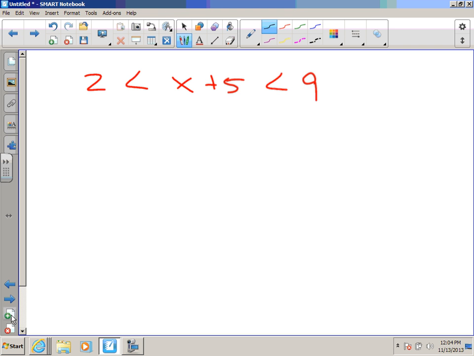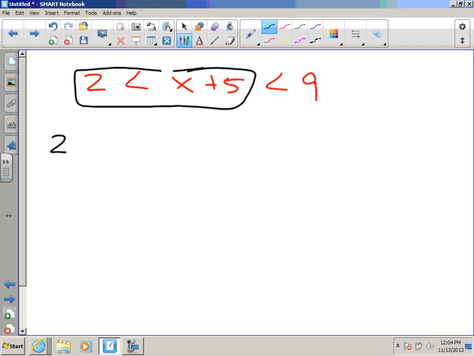Now, what's the difference here from what we've seen? It's not just an x in the middle now, is it? It's an x plus 5. Okay, so I'm going to use that x plus 5, and I'm going to use it for both of the inequalities. So the first one I'm going to solve